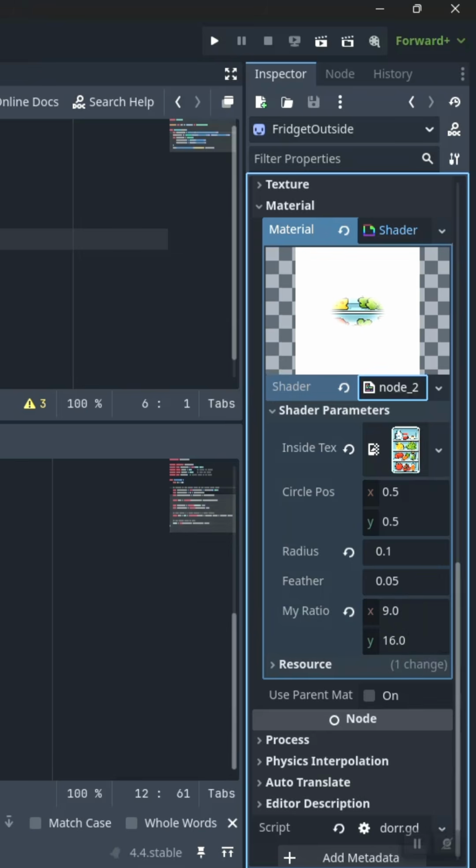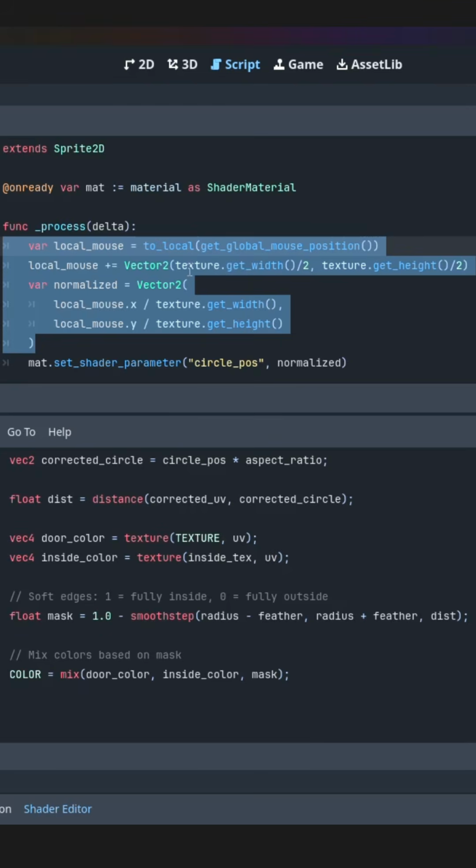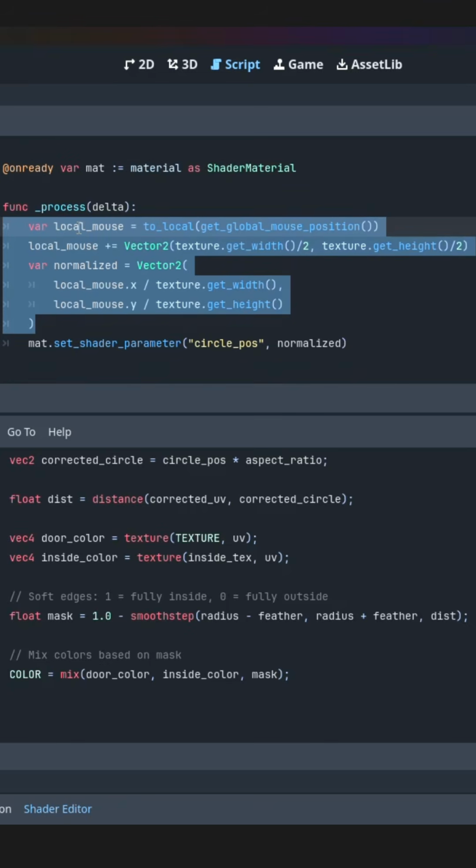And then all that's left is to put a script on our image, and basically we're going to create an onready variable that is a shader material, and then in the process delta, we are going to get the mouse location, we're going to localize it, and then we're going to set the circle position parameter in our shader based on the location of our mouse. And when we play,